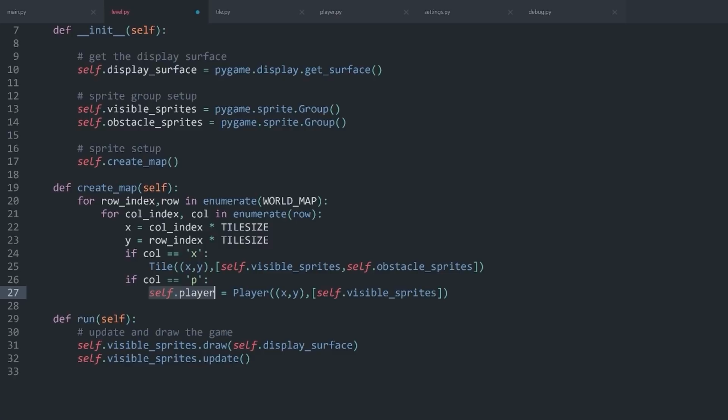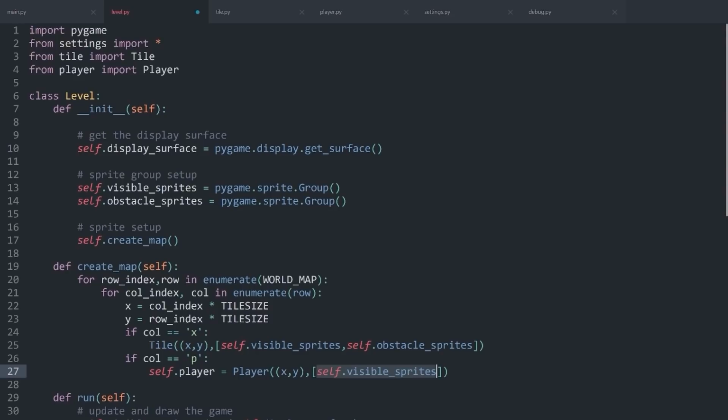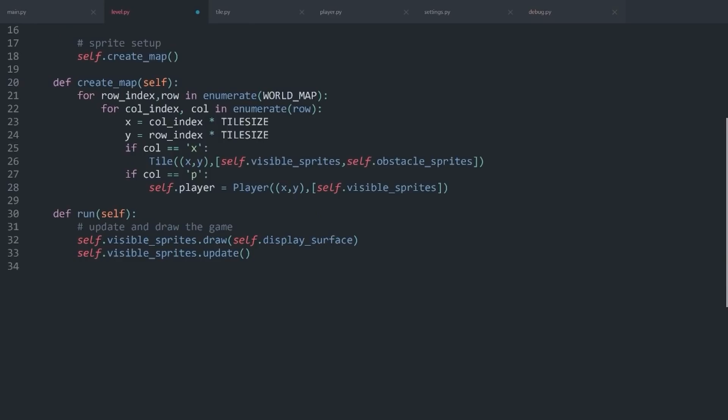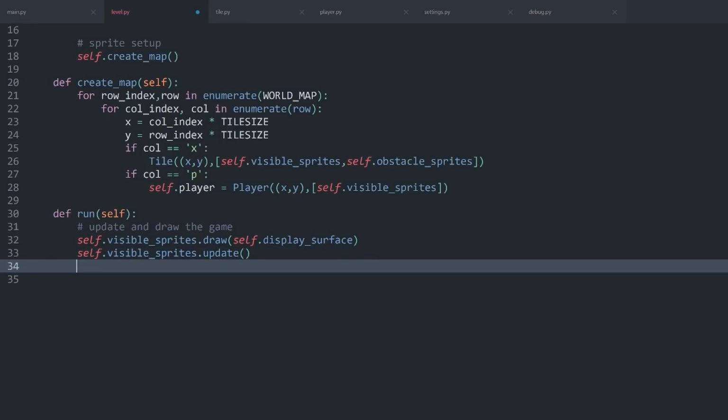And this way I can target it directly. But it is still going to be inside of this visible sprites. And well, now what I can do is right at the top, I can do from debug import debug. So this function here. And now in my run method, I can call debug